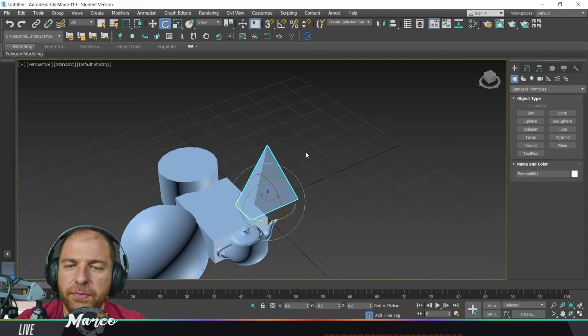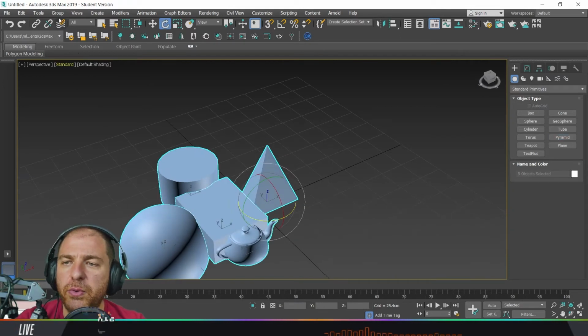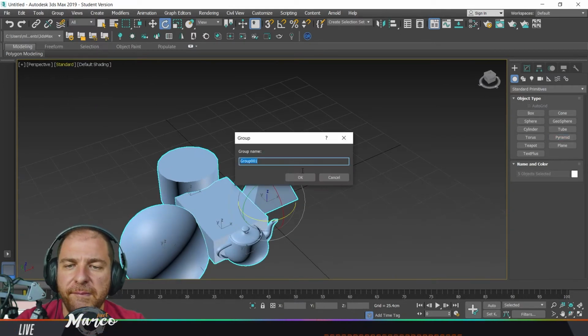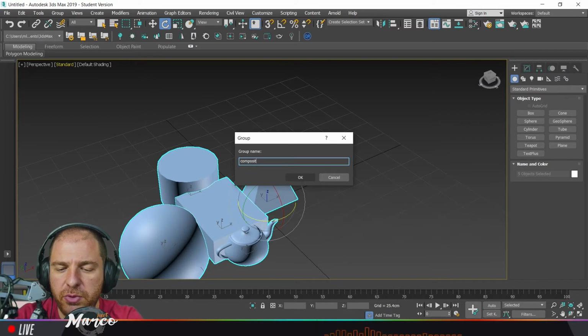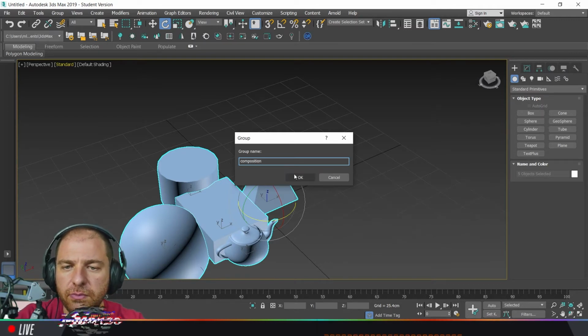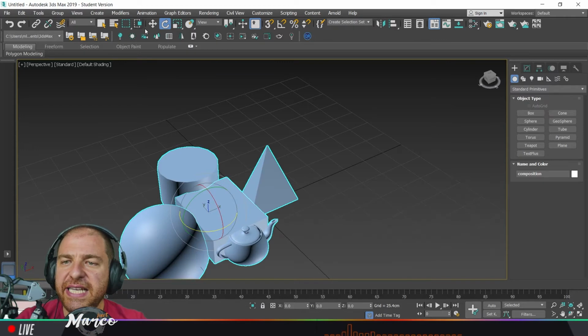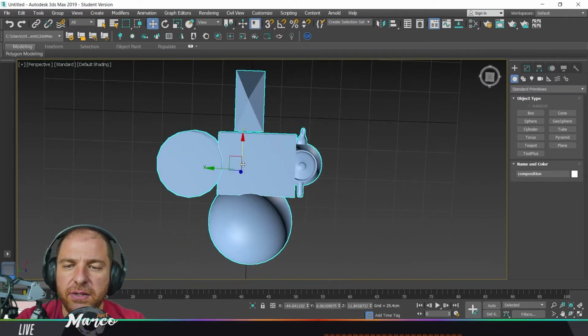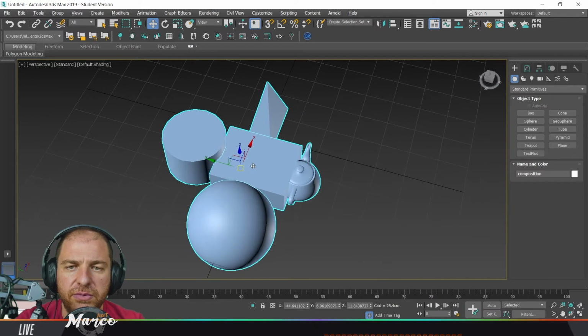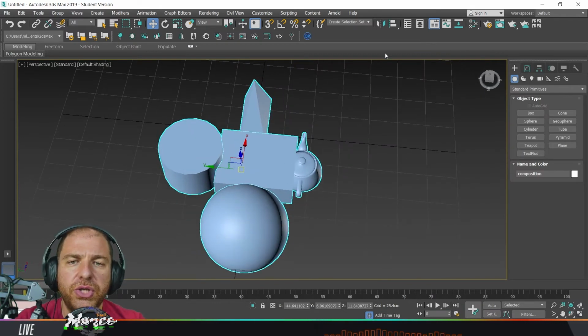So now I will make these as a group so that for 3ds Max this will be seen as one object only, and we'll just call it composition. And I can see that 3ds Max has placed the pivot point somewhere that basically is the geometric center in between all these objects. The tool that I want to show you is called Mirror, and what it does is